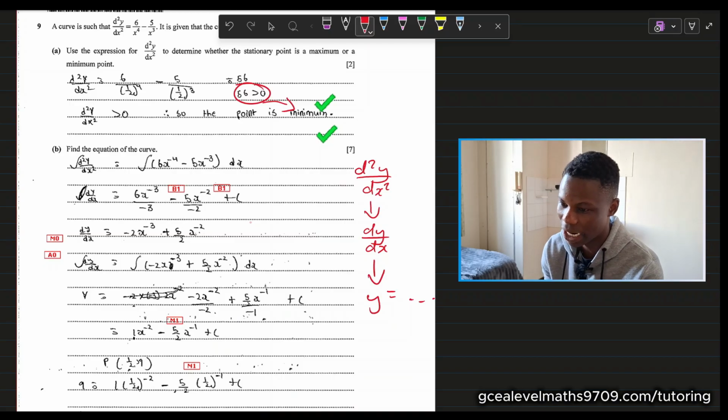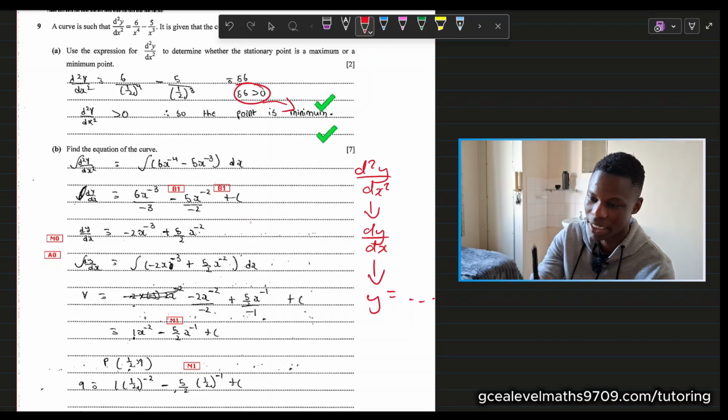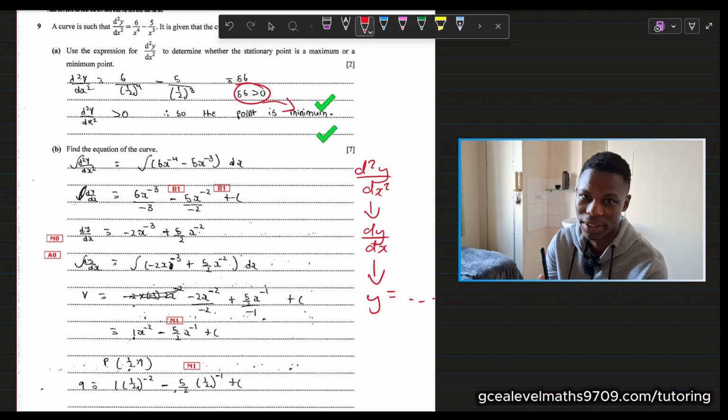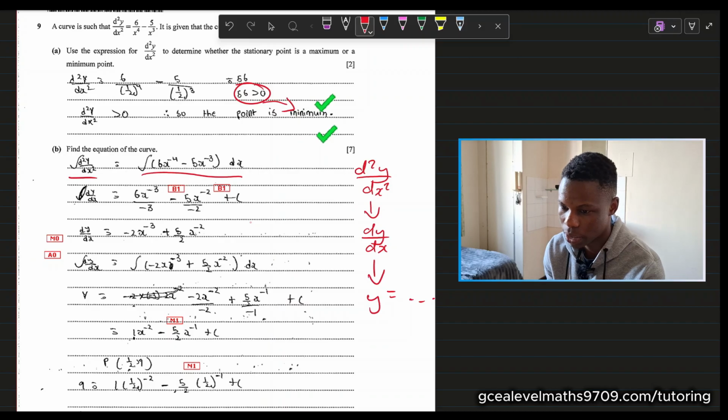And to do this, you're having to integrate, right? Because that's how we move from the derivative to the equation. So from the second derivative, if you integrate once, you get to the first derivative. If you integrate again, you get to the original equation. So you did that first step. I can see you integrated your second derivative and you got this answer, which looks correct